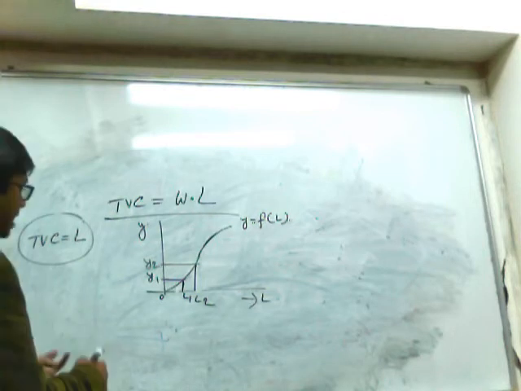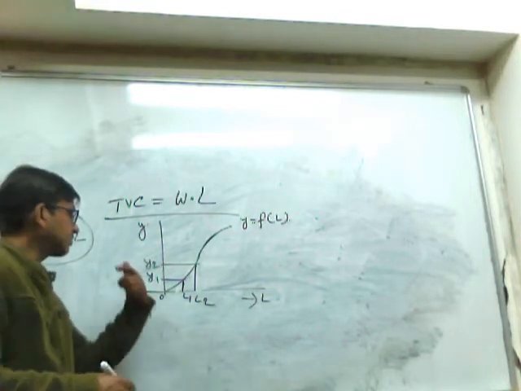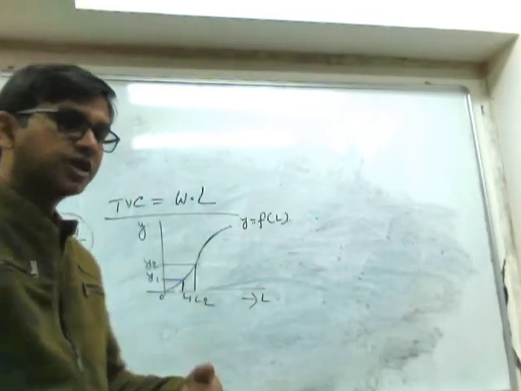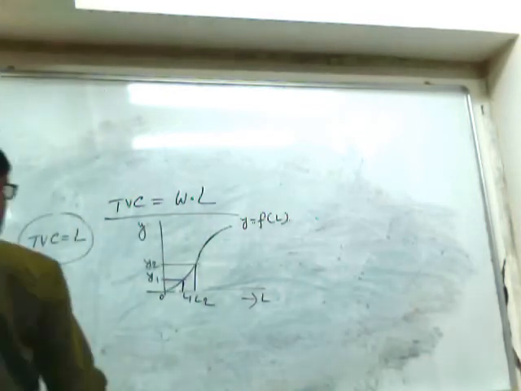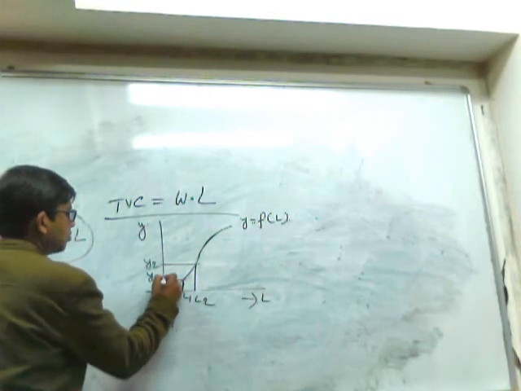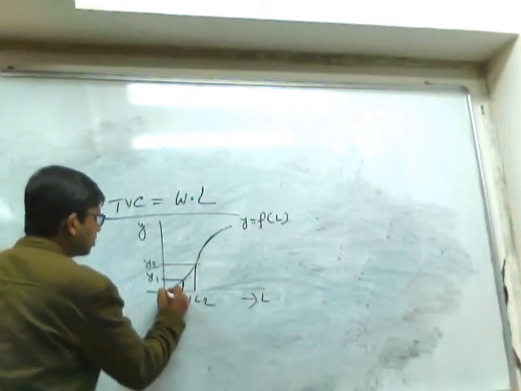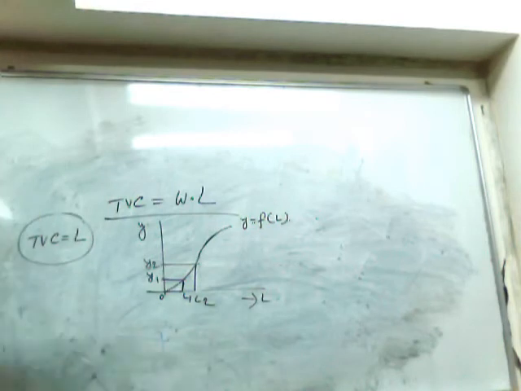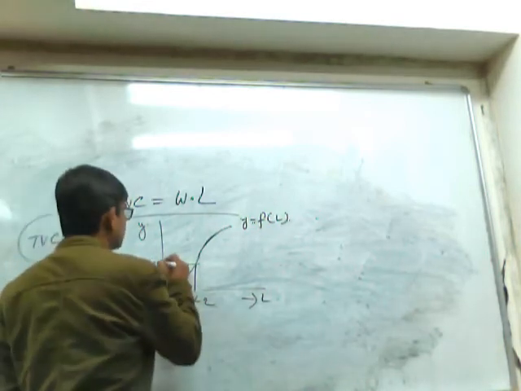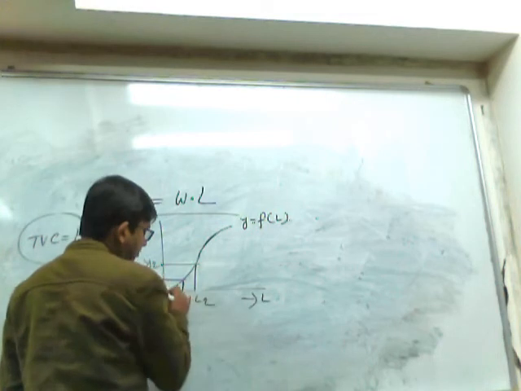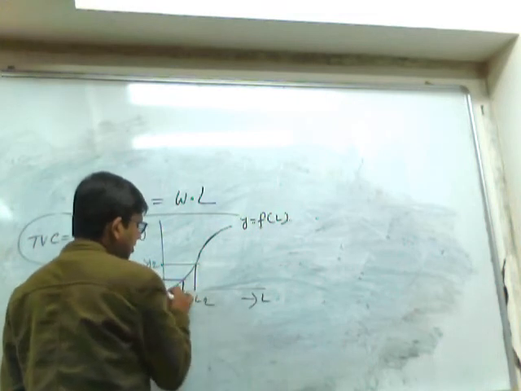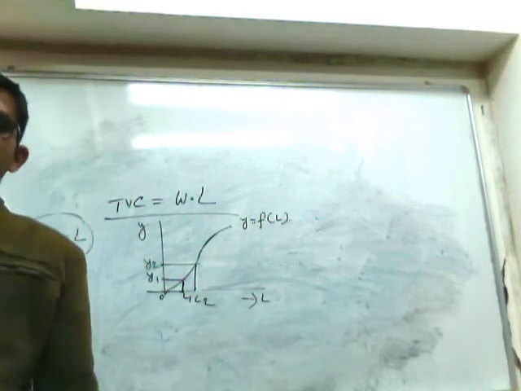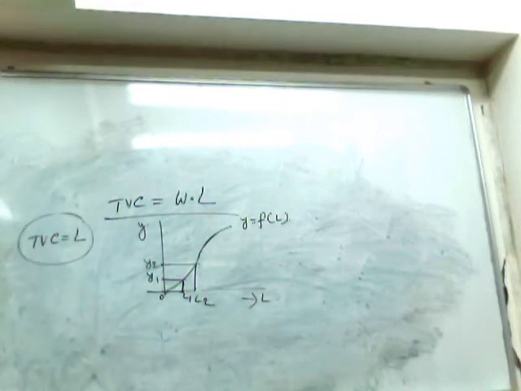Inversely, we can represent labor as a function of output. So if we give the inverse statement, we can say that if we want to produce OY1 units of output, we have to appoint OL1 units of labor. Similarly, if we want to increase the output to OY2, I have to increase the labor employment from OL1 to OL2. So this is the inverse statement or the reverse statement.